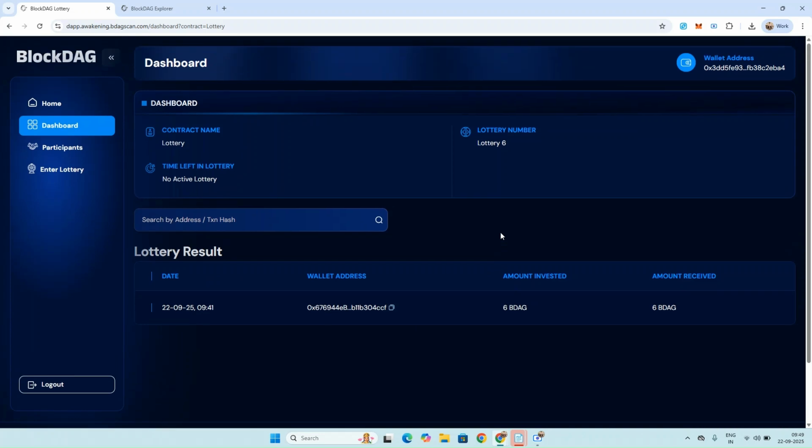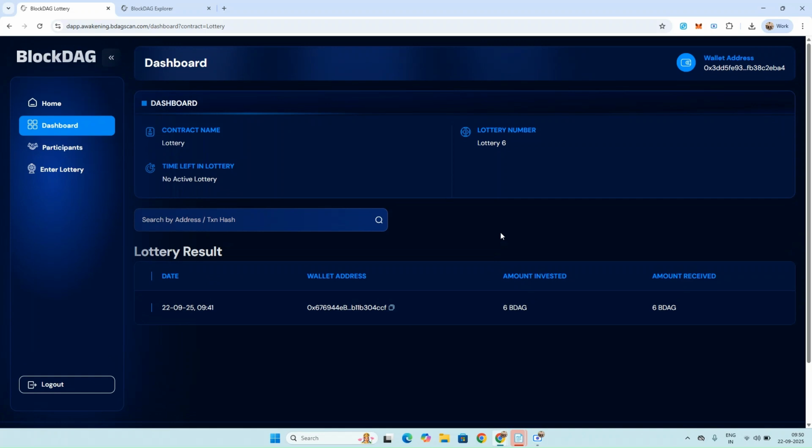Basically, the lottery contract is where you can enter a selected amount of BDAC coins to participate in the current round, and the system will automatically update the participants list. It will start displaying all the entries and the transaction details, where the user can filter or search for a specific transaction they want. They can track the remaining time for the ongoing lottery as well, and receive notifications for the next event. This makes the lottery contract easier to understand.